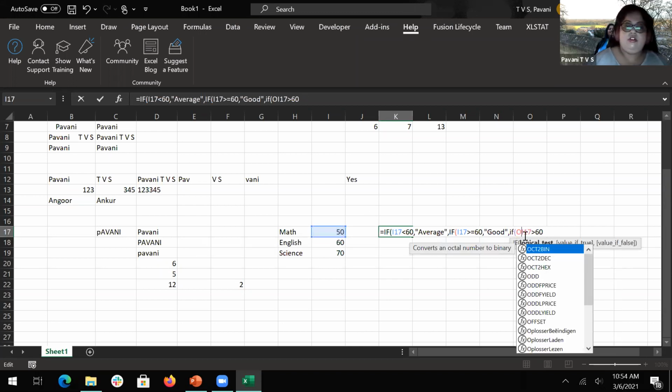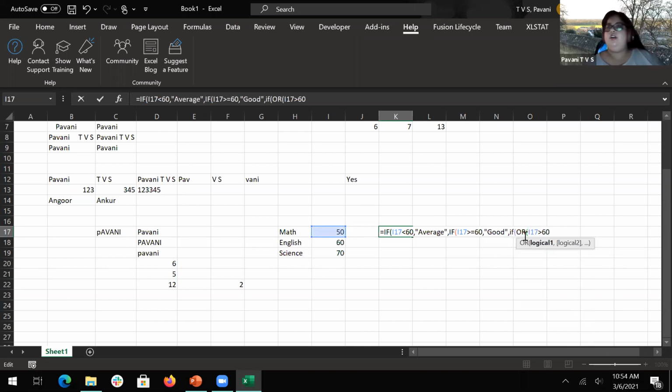One second. You need to give it in this way, or logical one condition, or this value is less than 90. Then say you're doing an awesome job, best. Or else no value found.